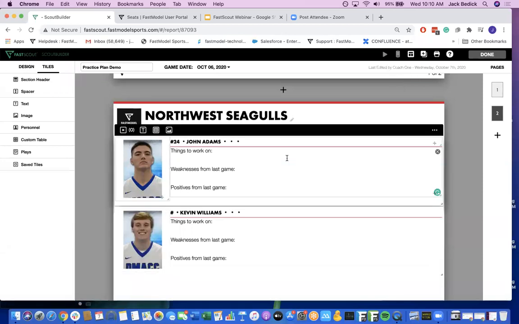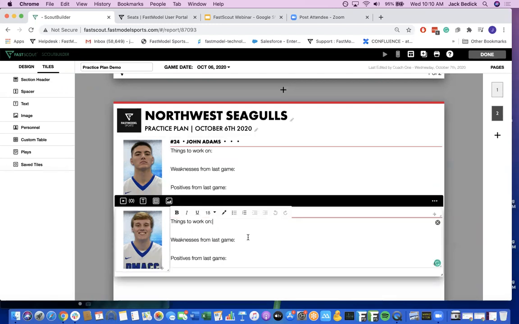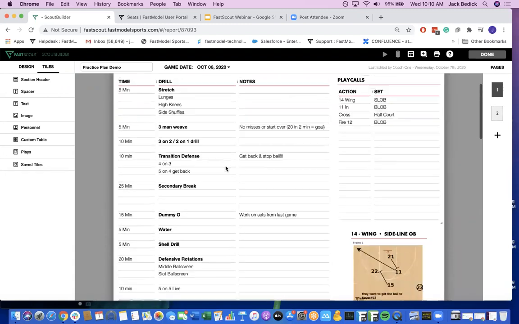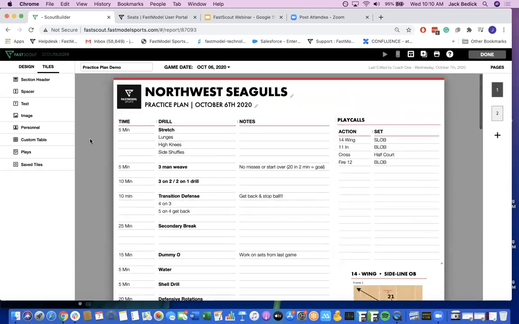So you can see I could then just break that information down for each of the players on my team, fill out the information for things for them to work on, weaknesses, positives from last game. Again, I know this doesn't follow exactly with the practice plan, but maybe a preseason report. Again, just want to make sure you guys are fully aware of all the different things that you can do